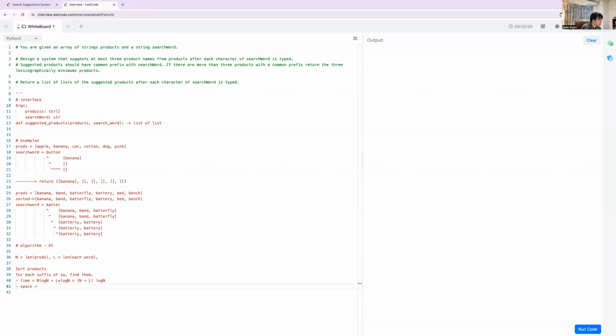So for space complexity, the sorting takes n plus extra space for the temp sort, and also an L for the length of the words. So it should be an L. Okay. But probably I can speed that up by using the Trie data structure, because